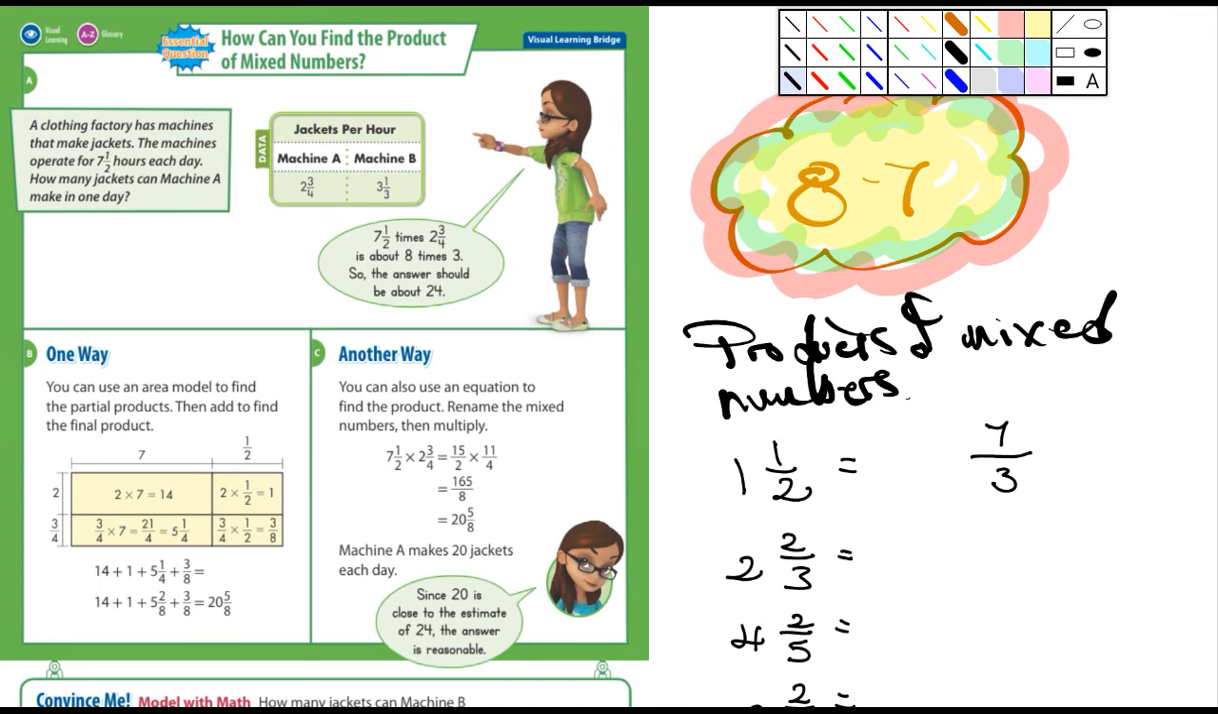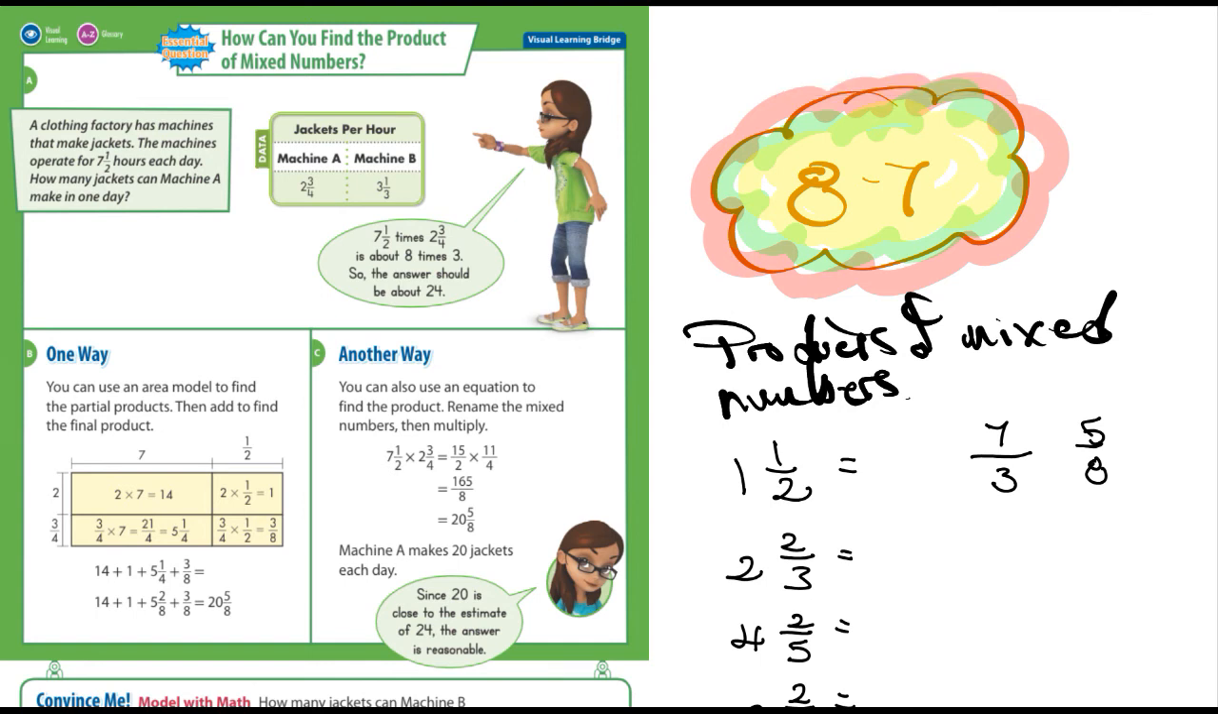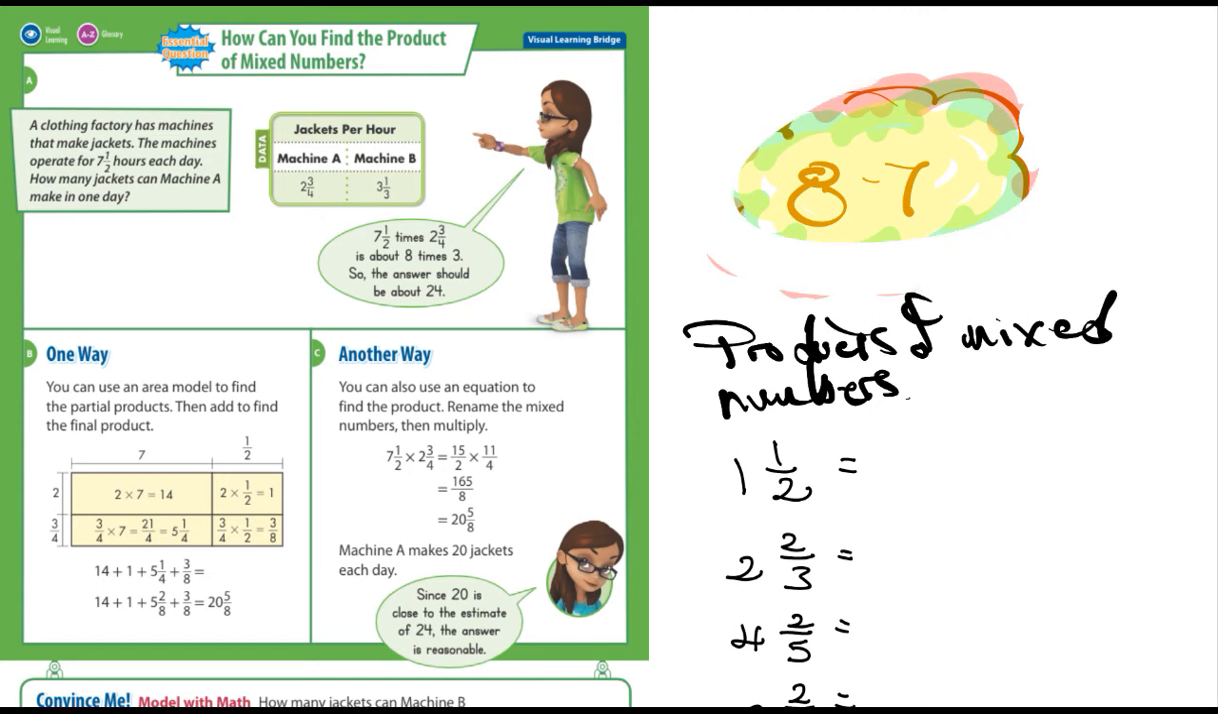And then a proper fraction would just simply be something like 5/8, where the numerator, again the number on top, is smaller than the denominator. But we're talking about mixed numbers here, and in 8-7 here,